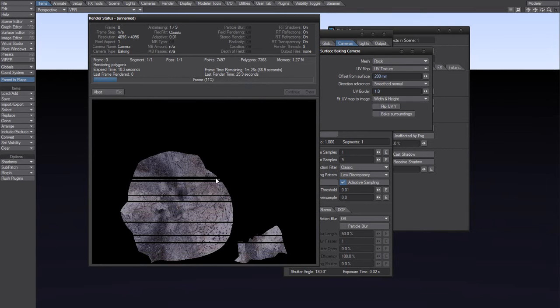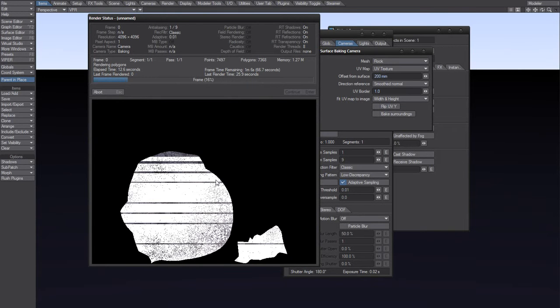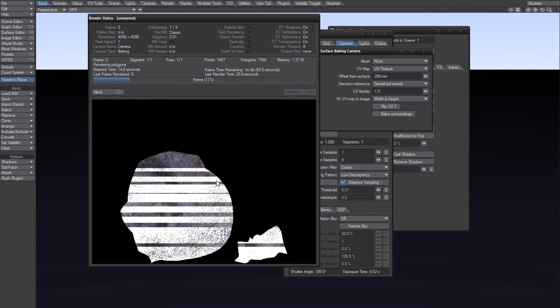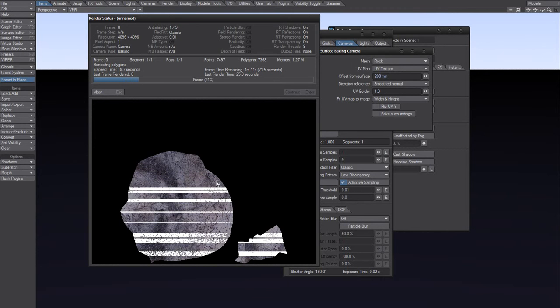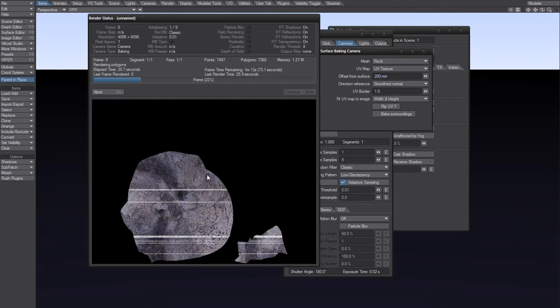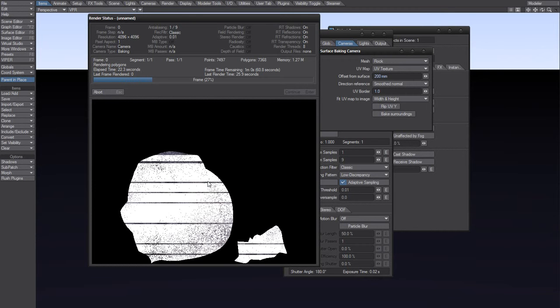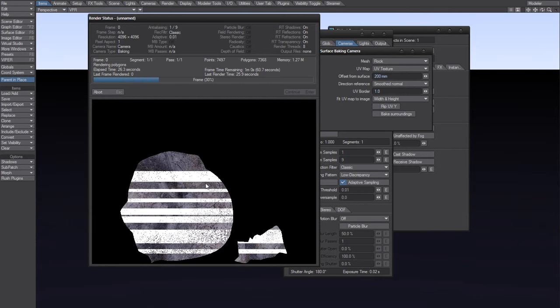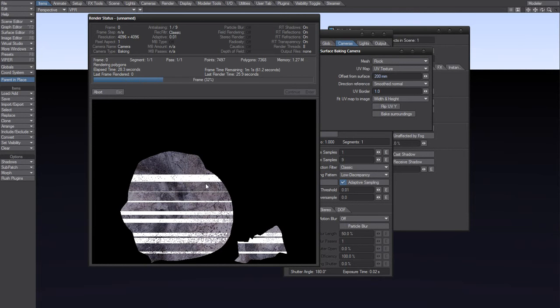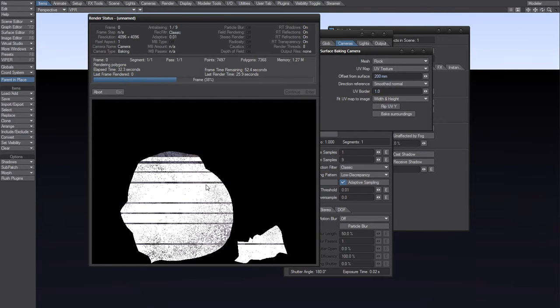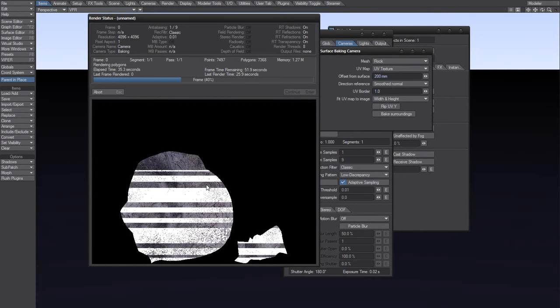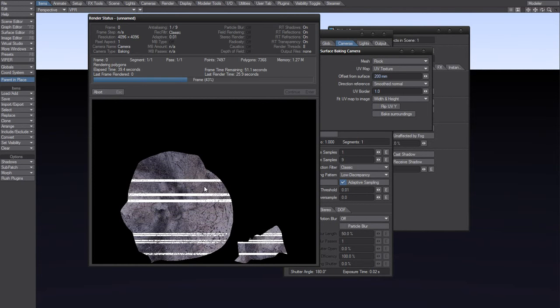So shouldn't there be, I think there should be a seam here. Where's that seam? Oh, here it is. So this is kind of cool. This is kind of interesting. If you want a seamless texture by only using Lightwave, and a good thing about Lightwave is that